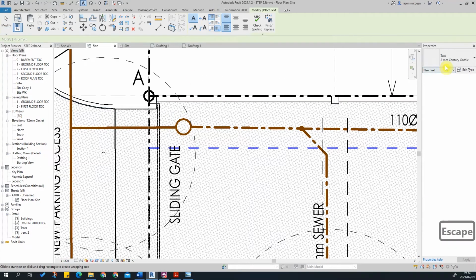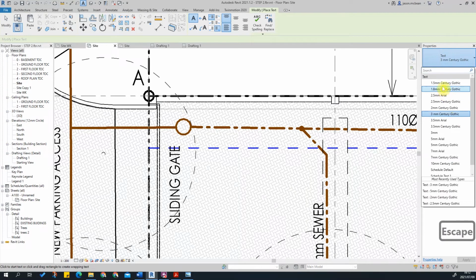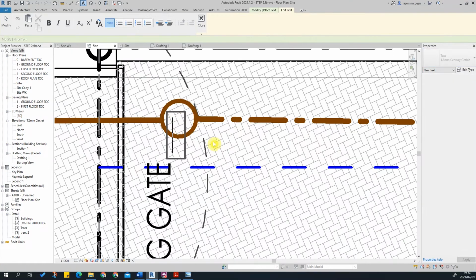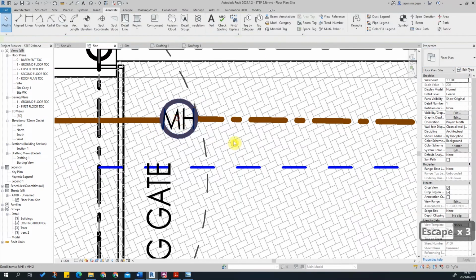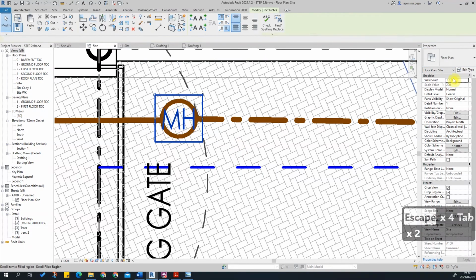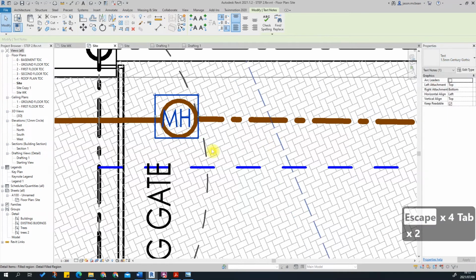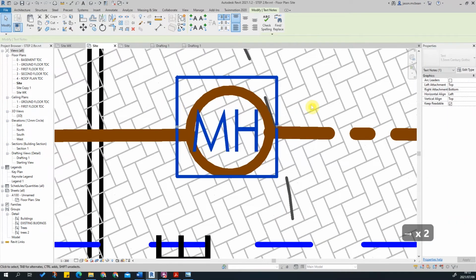So text, usually this is between 1.8 and 1.5. Let's just see what works. So this is a manhole, and let's see how that works. If not, we can make it smaller, because this is purely a symbol. It's part of my symbol, so this doesn't really have to read. Yeah, that works well. So 1.5,